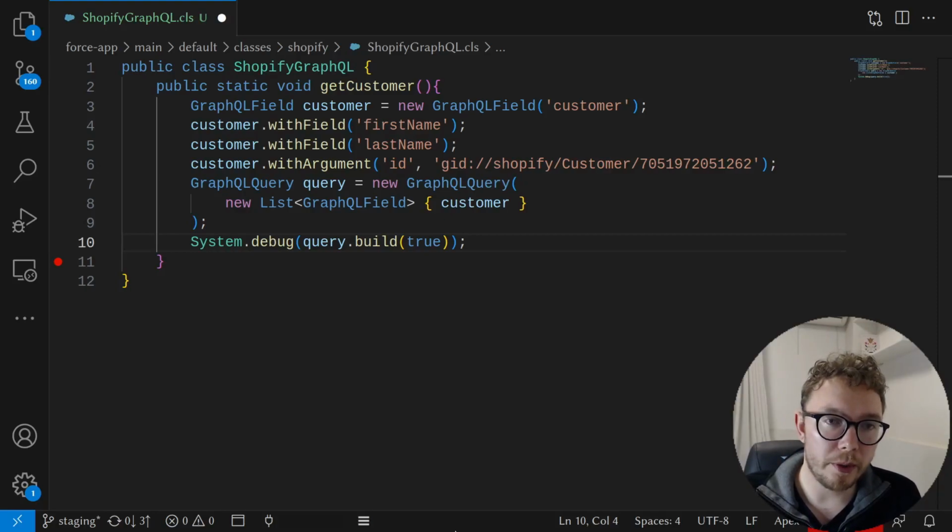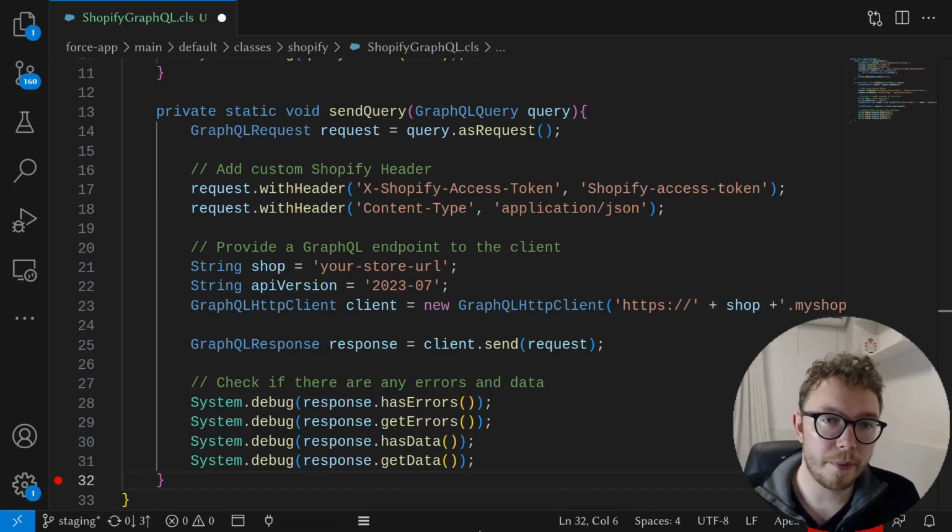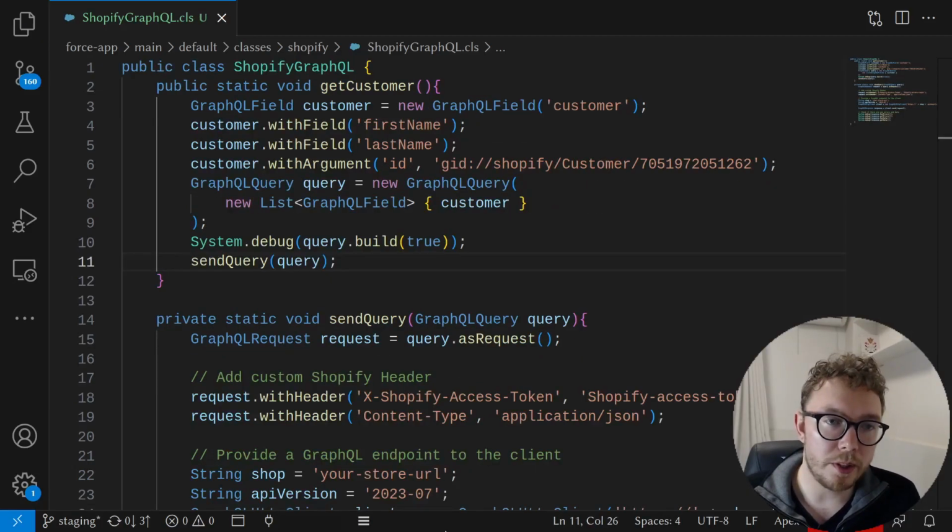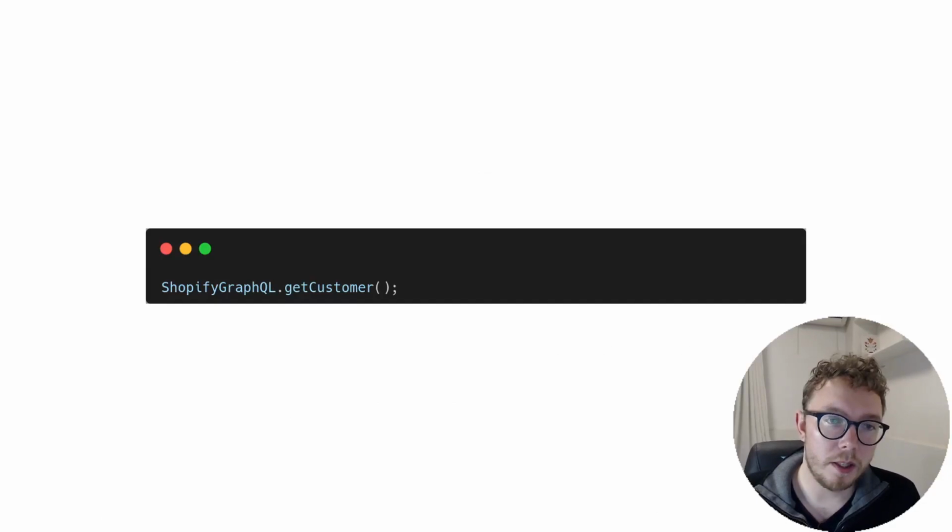Additionally, we'll want to build out code to go and send the query. We can do so with the following method here, which will use your Shopify access token as well as your shop URL to send any data to your Shopify instance. Obviously, we'll need to add the send query back to the original method, so we can do so here. And with that, we can run the ShopifyGraphQL.getCustomer inside our execute anonymous, and we will see the getCustomer